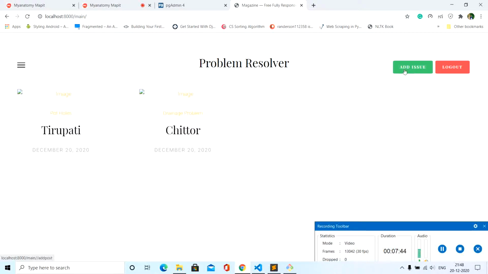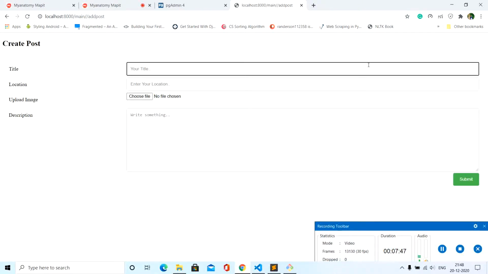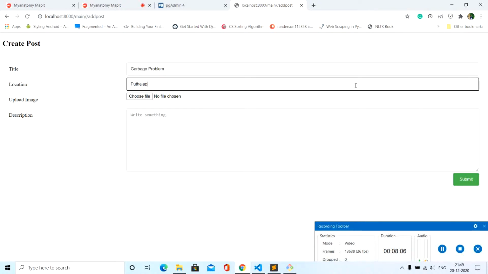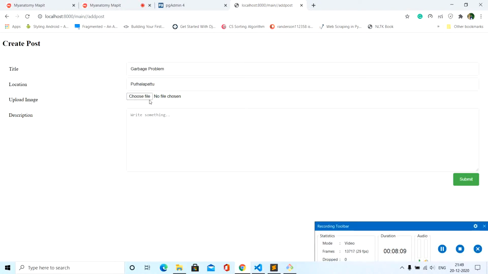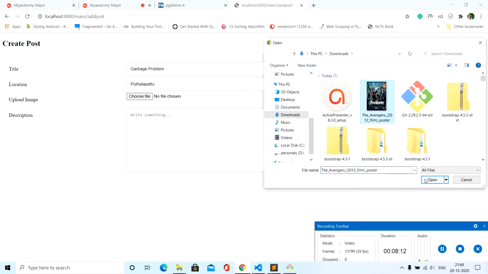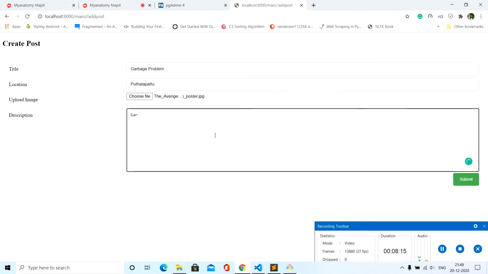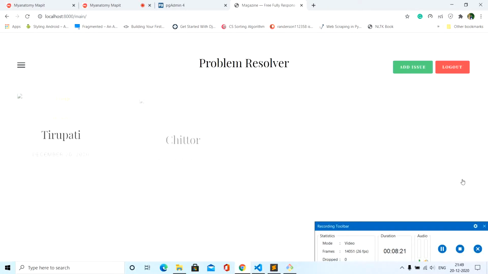Further, we can add another issue using user 2 details. Here is the issue that is added from the user 2 account.